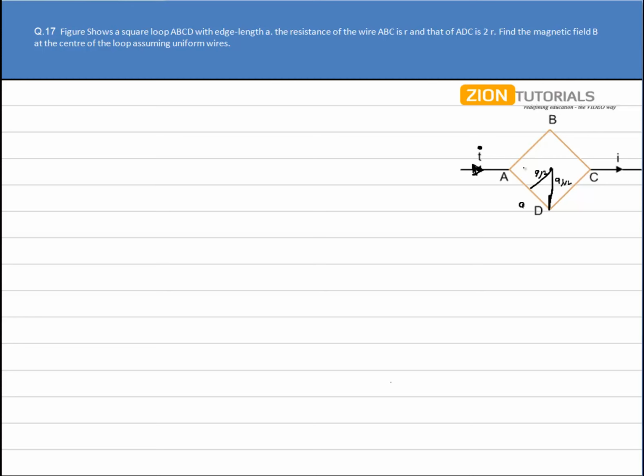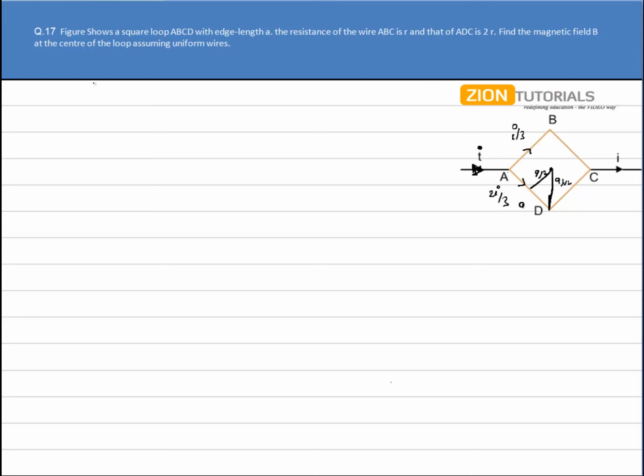Well, we can directly calculate that the current flowing through part ABC is I by 3, and the remaining will flow through ADC, that is 2I by 3. The calculation of current is pretty simple because we studied the chapter on current earlier, so this can be easily found. So I do have a current I by 3 flowing from A to B and then to C.